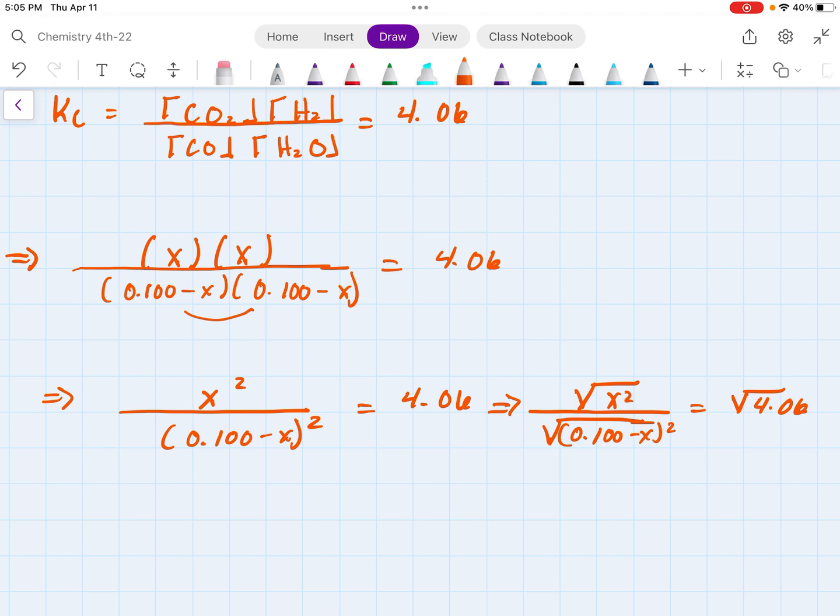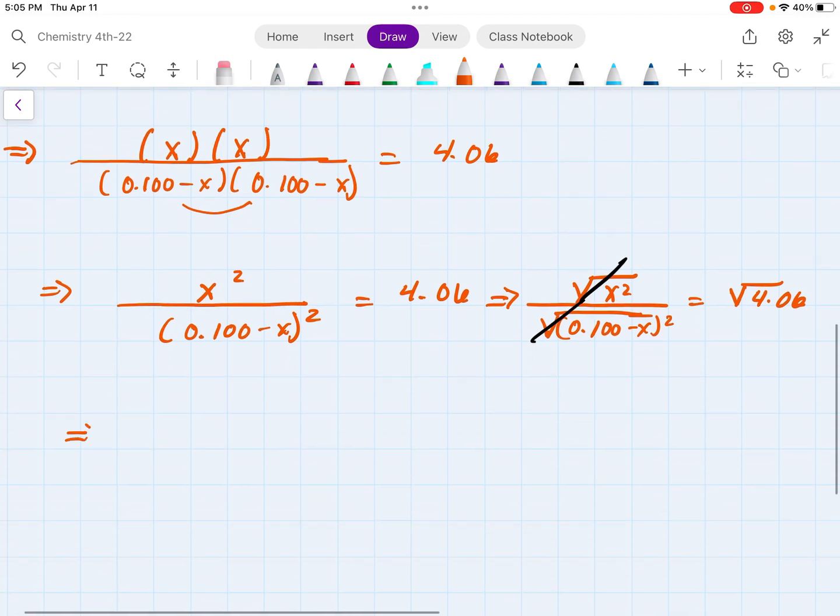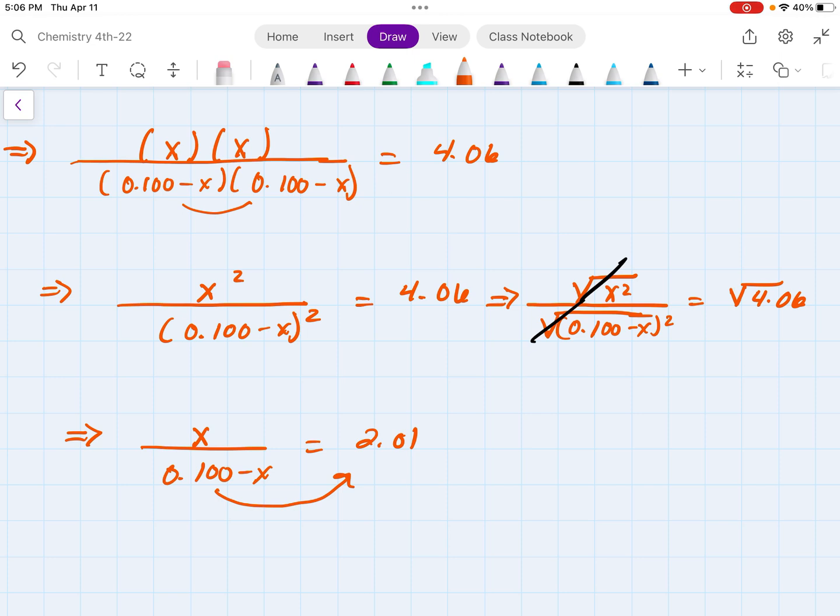So what happens here is the square root cancels, and here's what I have. X over 0.100 minus X is equal to the square root of 4.06, which is 2.01. Now, again, all this right now is algebra. So what I'm going to do now is take this piece here, the denominator, and bring it over to the other side. How do I do that? I'm going to multiply both sides by